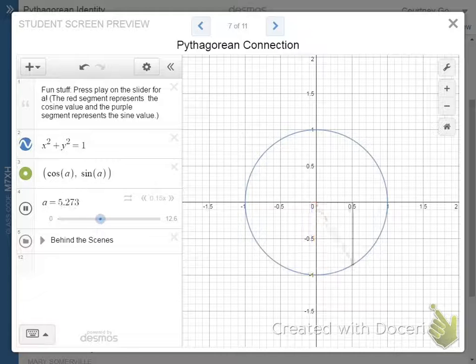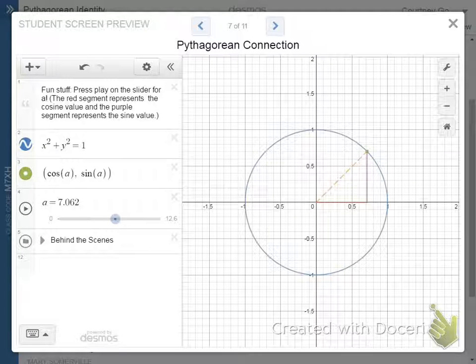The added pieces here are that I marked out the cosine and the sine values. So the red segment represents the cosine, and the purple segment represents sine. So we see here the red segment gets close to 1 as I reach 0. Okay, and the purple gets close to 1 as I reach pi halves, and then it gets close to -1 as I reach 3 pi halves here. Okay, so if I just pause in here,